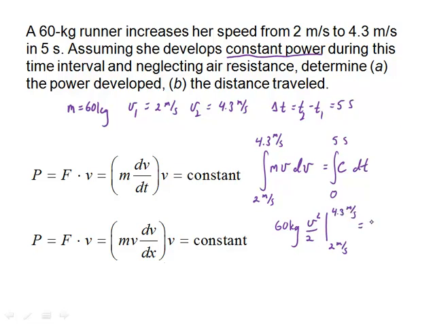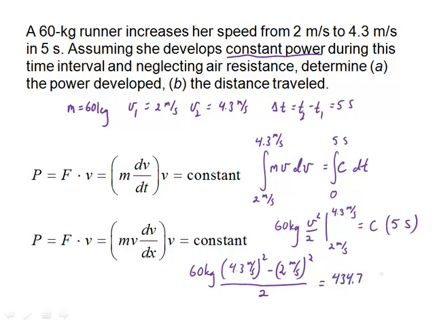And over on the right-hand side, c comes out of the integral, and the integral of dt is just t, and so I'm going to get 5 seconds. Delta t, if you'd like. And I'm going to utilize my units when I calculate this left-hand side. So I get 60 kilograms times 4.3 meters per second squared minus 2 meters per second squared. All of this is over 2. And that's going to equal